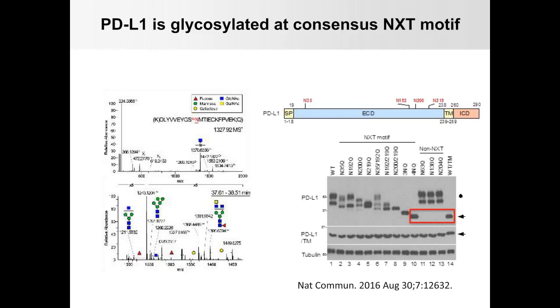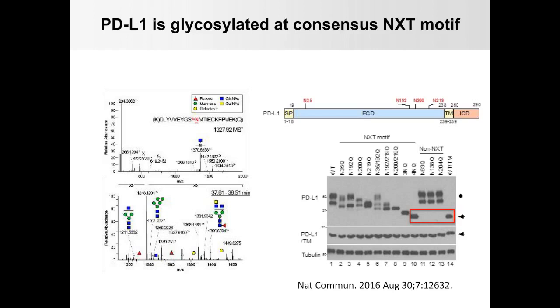And as I showed you earlier, wild-type PD-L1 treated with tunicamycin can also be reduced to the non-glycosylated form. So in this case, we can see a nice side-by-side together with these 2 molecules, which suggests that PD-L1 is only glycosylated at these 4 sites. We also created another 3 asparagine mutants at non-NXT motifs, and they do not change the molecular weight shift of PD-L1. On the left side, we did a mass spectrometry analysis, in collaboration with Academia Sinica in Taiwan.